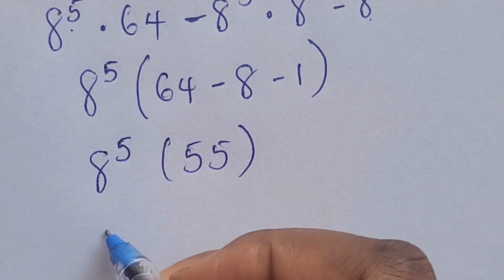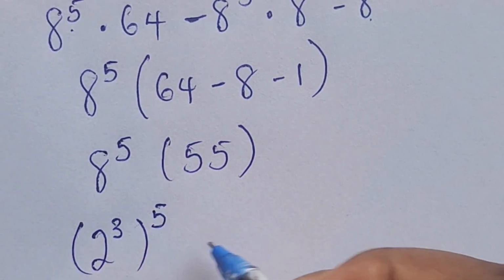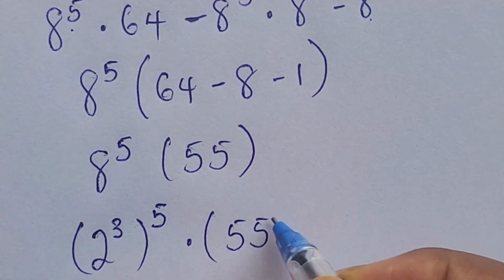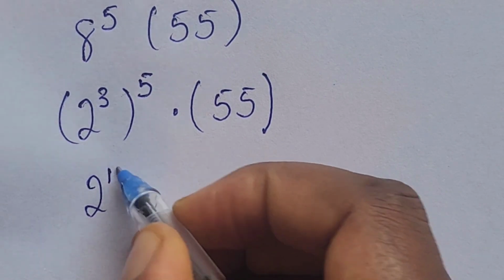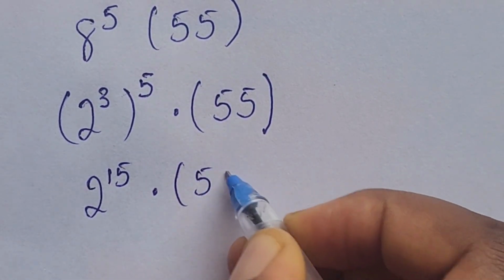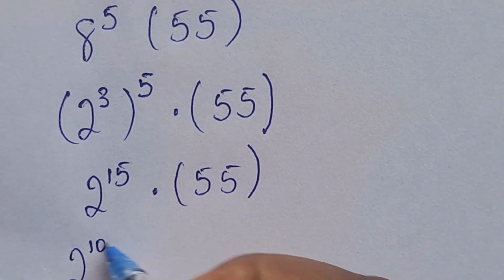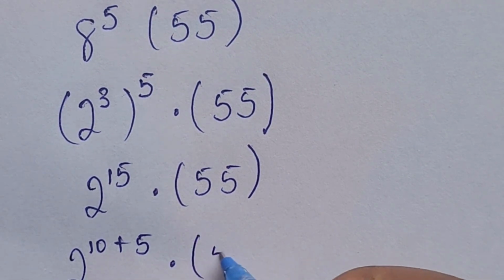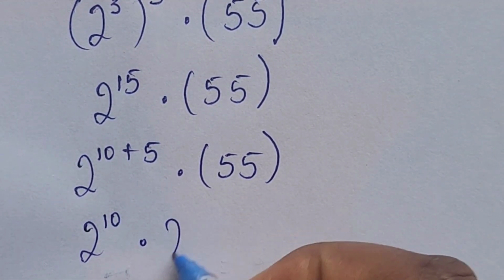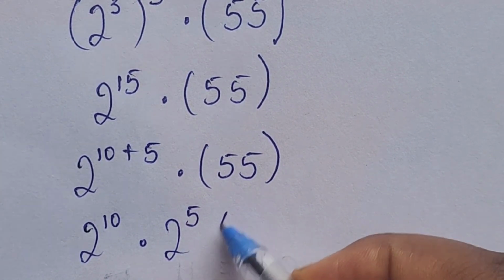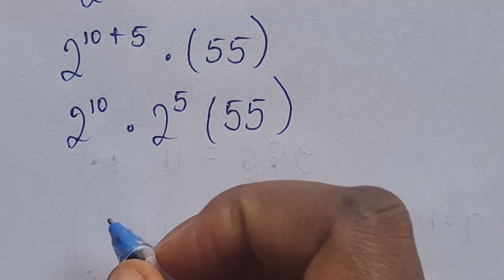So let's recall our 8 is 2 to the power of 3. We can further raise it to the power of 5 times 55. So we have 2 to the power of, multiplying the powers, we have 15 times 55. So we can split this 15 to have 2 to the power of 10 plus 5 times 55. So we have 2 to the power of 10 times 2 to the power of 5 times 55. So our 2 to the power of 10 is